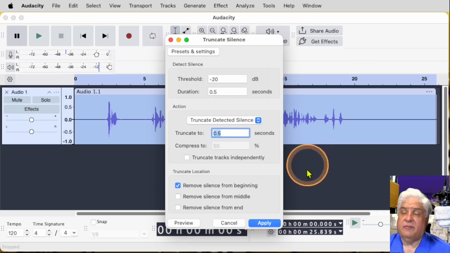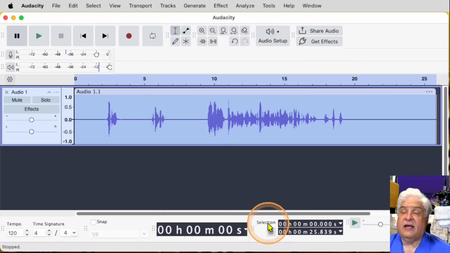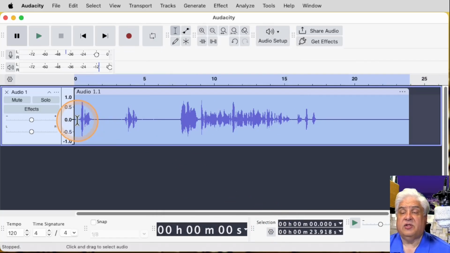So I have my whole chapter selected, and if I apply that, you can see that the beginning of the chapter is truncated to 1/2 second. Really, really useful if you're doing an audiobook, for example, that requires 1/2 second before the beginning of the chapter. Then we have the chapter number and the chapter title, and those need to be shorter. There needs to be 1/2 second there, and then there needs to be 2.5 seconds in the middle and 3.5